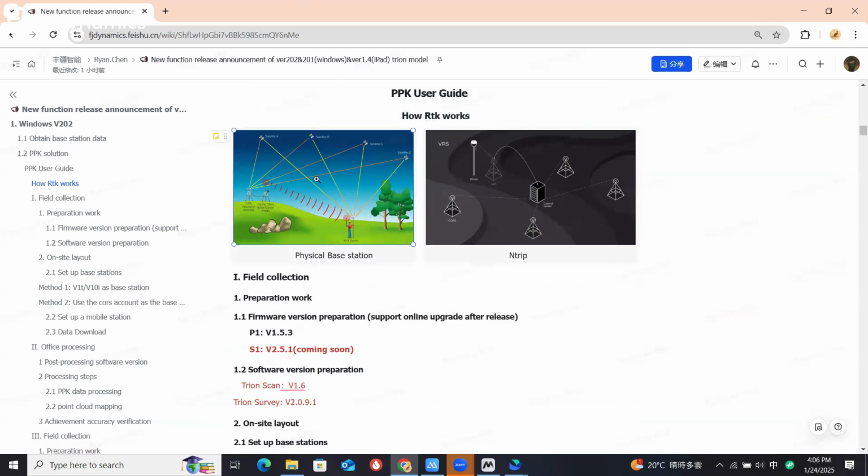The first way is you set a physical base station by yourself, and the base station collects the differential data and shares it to a rover, and through this way corrects the position offset during the moving. Another way is you don't have any base station, and in your city, in your country, there is